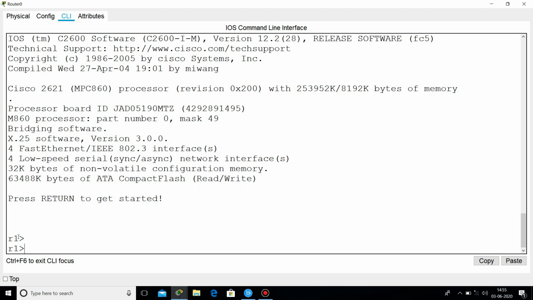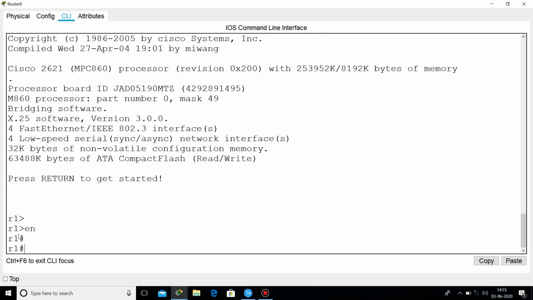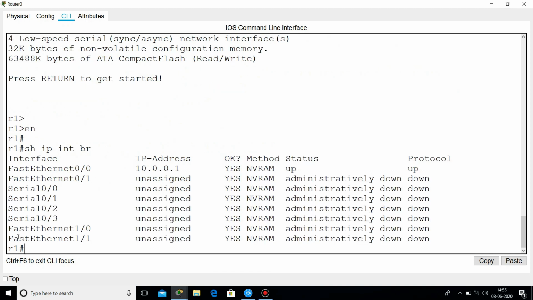If you want to see the IP address which I have configured before on the port fast Ethernet 0/0, simply go in privilege mode and type the command show ip interface brief, and hit enter. Here you can see that I have assigned the IP address 10.0.0.1 on fast Ethernet 0/0. It doesn't get lost. I have my IP address because I have created backup of it. When you do not run the command copy running-config startup-config, then you will lose all the configuration when you power off the router button and then again power on.